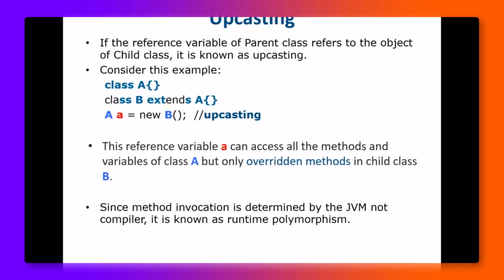Class A. Class B extends A. So which one is the superclass? A. Which one is the subclass? B. Okay, A on the left is the superclass, new B, just like we did. Right, like animal new dog, shape new circle. So if the left side is a superclass and the right side is a subclass, this is called what? Upcasting. And this is very useful because we can now have a unified way of running the code, even designing